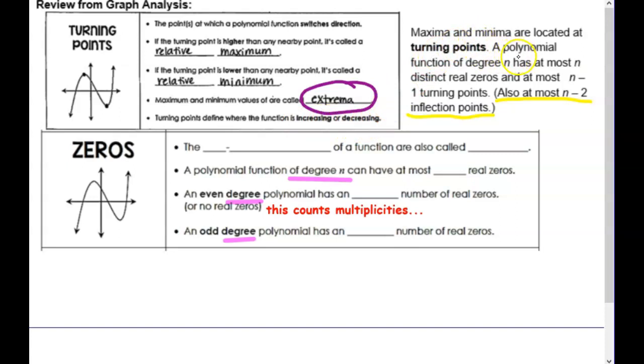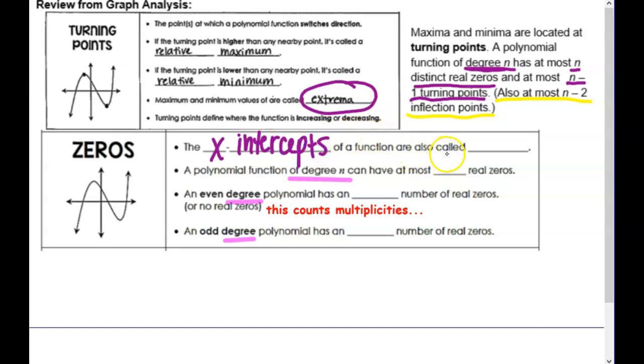All right, this is the important business over here, and we're going to fill it in down here. A polynomial function of degree n has at most n distinct zeros, can have less because there could be repeated zeros, we'll talk about that, at most n minus 1 turning points, and also n minus 2 inflection points at most. Okay, so the x-intercepts,